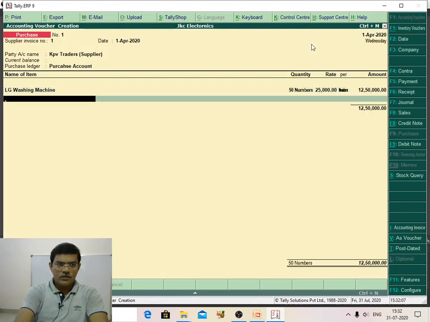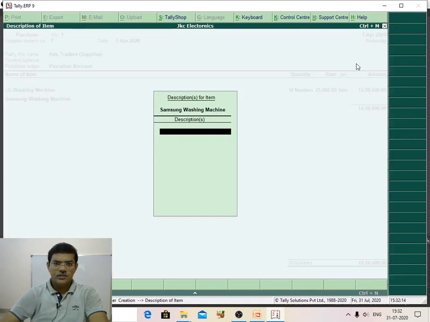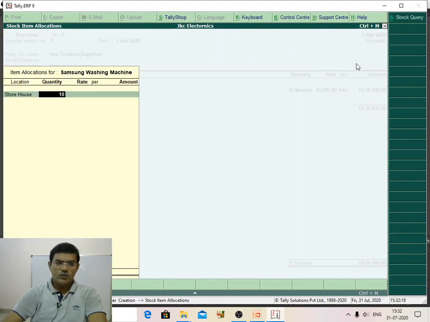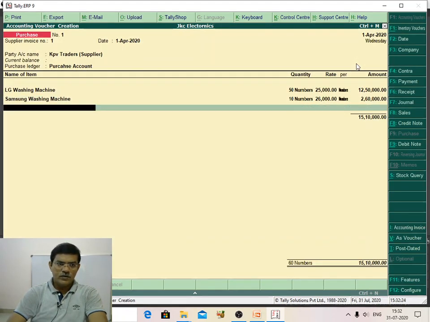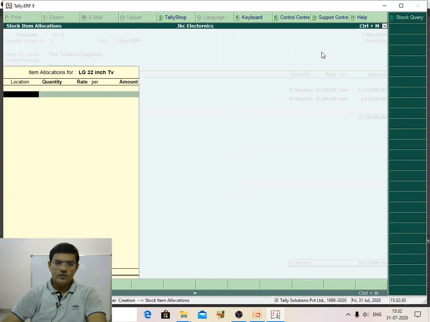After that, we are going to purchase Samsung washing machines, also in the storehouse, 10 quantity at 26,000 each. Then we are going to purchase a television, the LG 32-inch TV, also at the store, 10 quantity, 15,000 each.